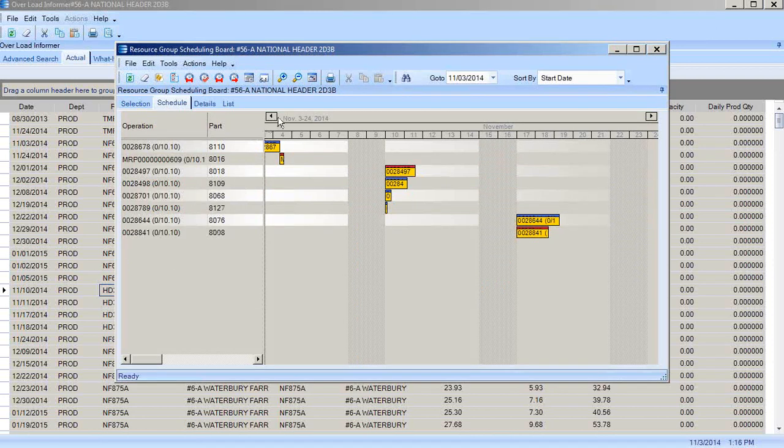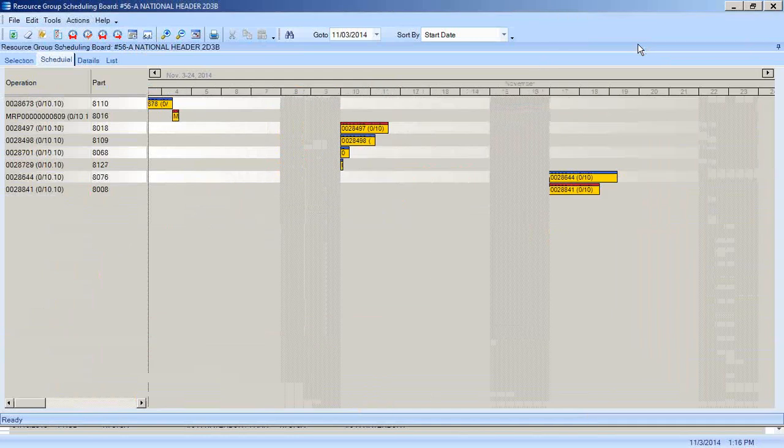And now what I'm looking at, I'm going to make this full screen, is the resource scheduling board, and showing you what